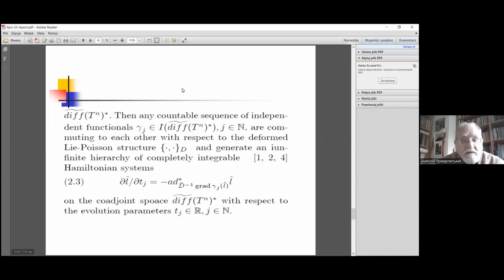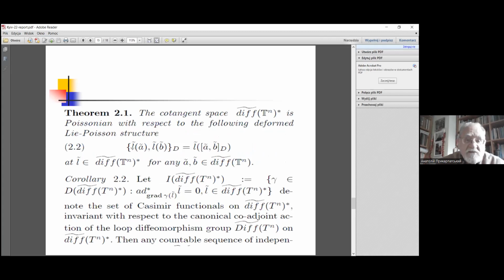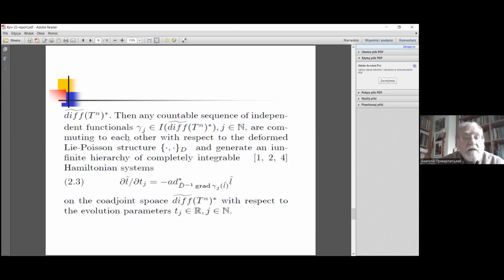Yet, in this case, the theorem states that really all these functions are commuting to each other, and taking into account that our bracket is deformed, and all invariants are commuting to each other, we can state that the corresponding coadjoint action of the deformed vector fields generated by this Casimir function generate non-trivial vector fields on the cotangent space to the diffeomorphism group of the torus, and